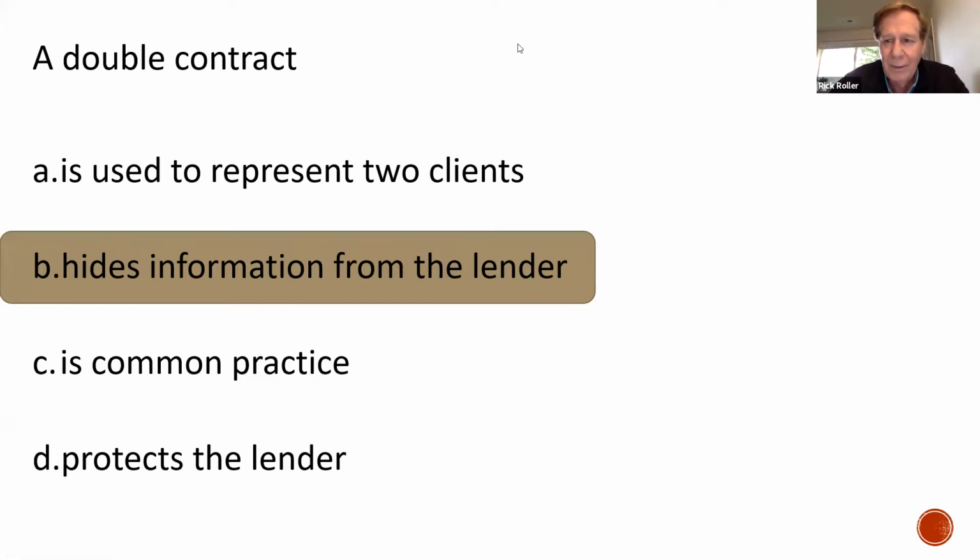And then you try to devise some scheme to show the lender that you actually had a down payment that you've already paid the seller. It's loan fraud, folks. And if you do things like this, you will be discovered and you will lose your license, and it will be very embarrassing.